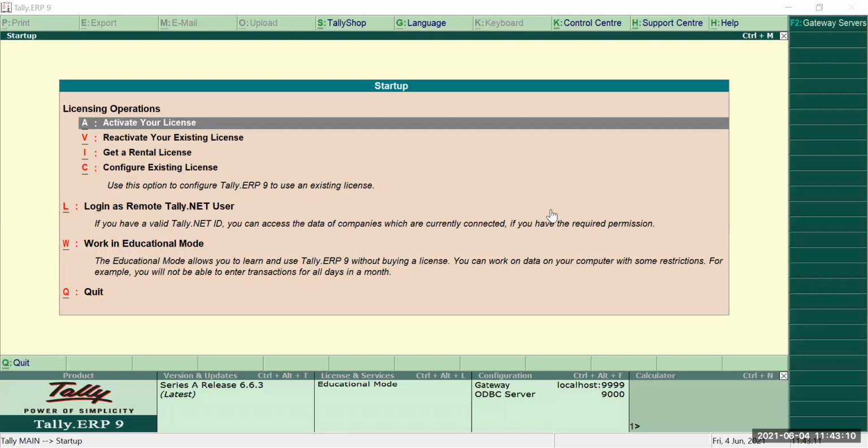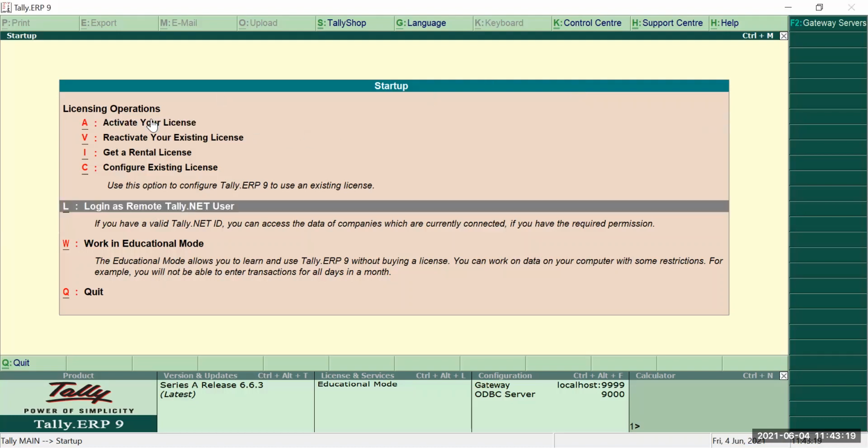Once the software is installed on our system, we can launch it, we can open it. Now I will show you how when we open the Tally.ERP9 for the first time, we see this screen. Okay.